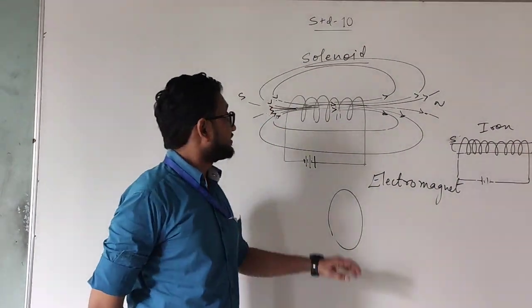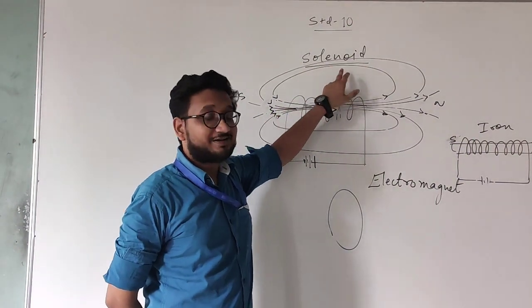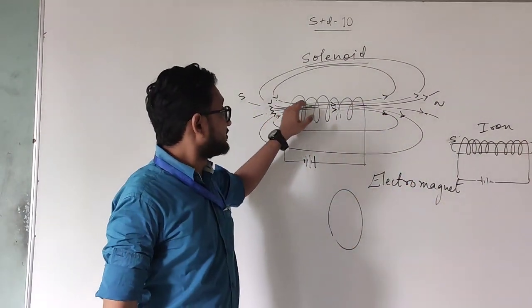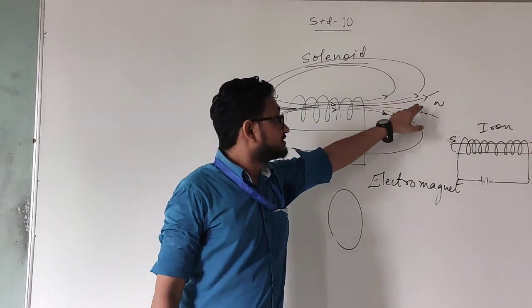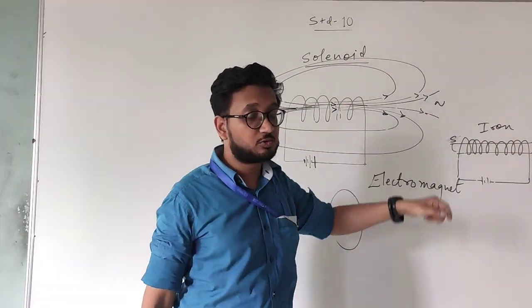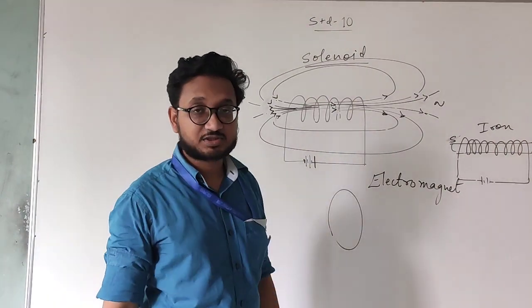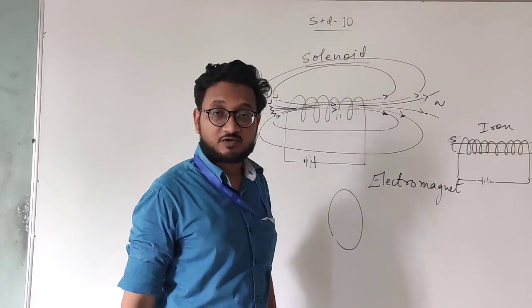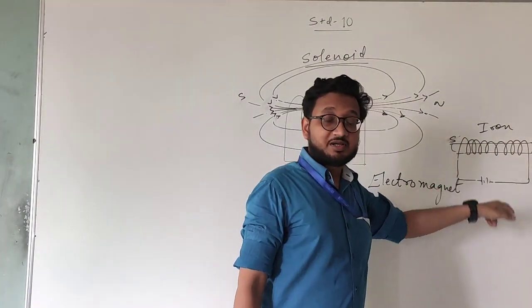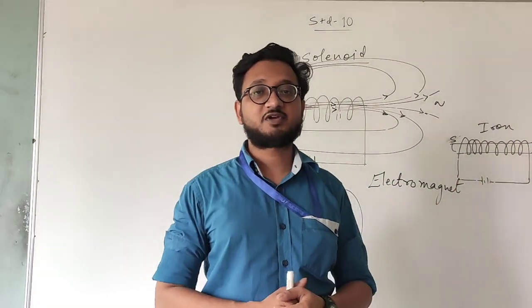So we studied that a circular loop with n number of turns is called a solenoid. Its magnetic field is similar to a bar magnet, because the field lines emerge from one end, that is north, and enter the other end, that is south, and inside it moves from south to north. You can change the direction of the magnetic field by simply reversing the direction of the current, and that is the advantage of a solenoid. And if you place a soft iron core or a copper core in that coil, then it will behave like an electromagnet. Okay, so this is what we have studied today.